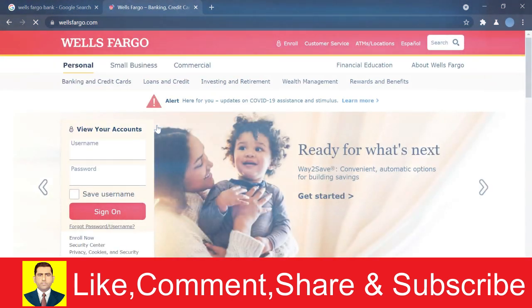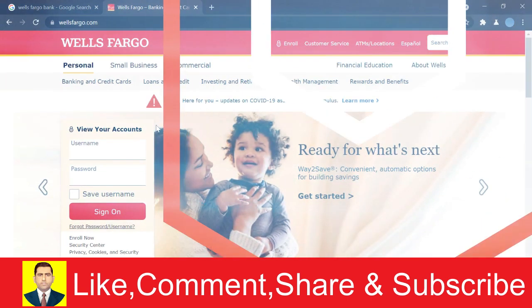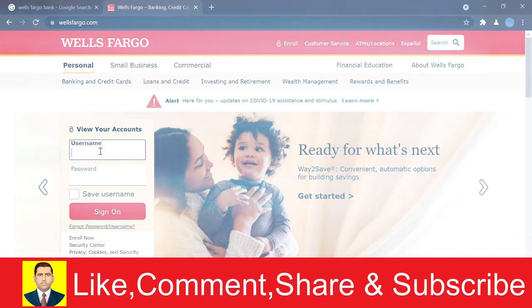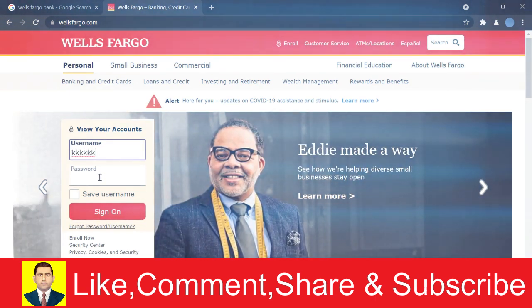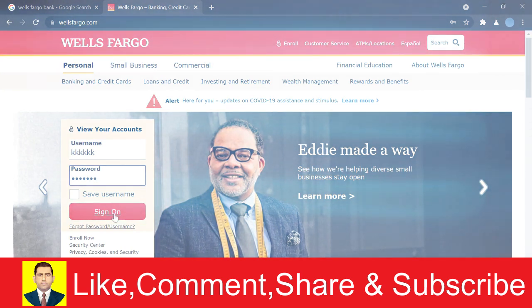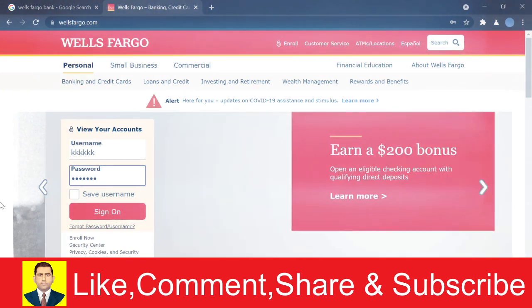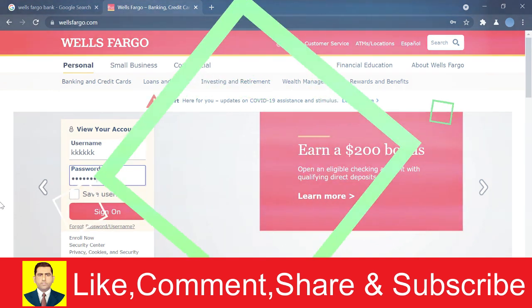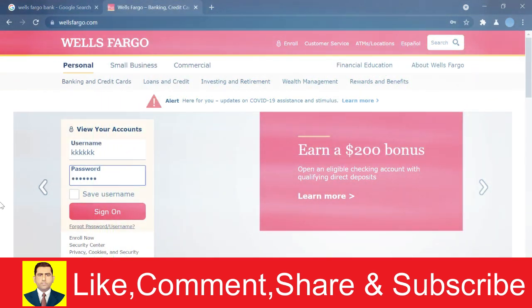And so now, to log into your online banking, here you can see the option for username. You'll just enter your username over here and then enter your password right here. And then you'll click on sign on. And with that, you'll be logged in or signed in to your online banking and you can go ahead with